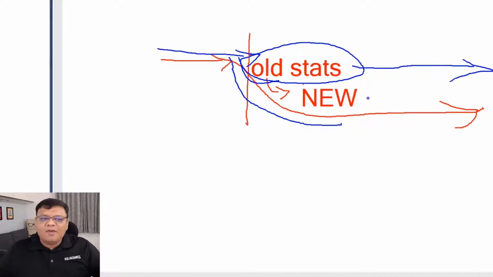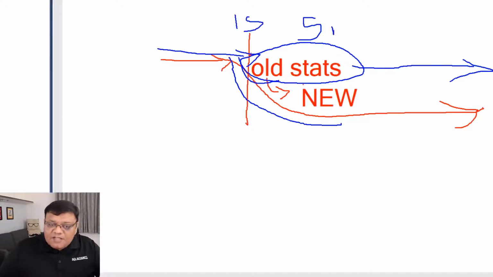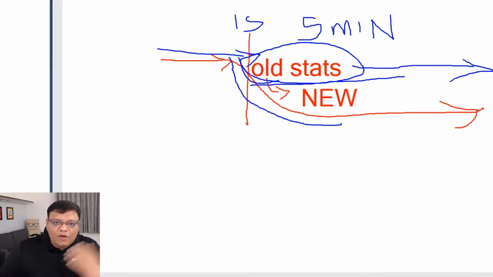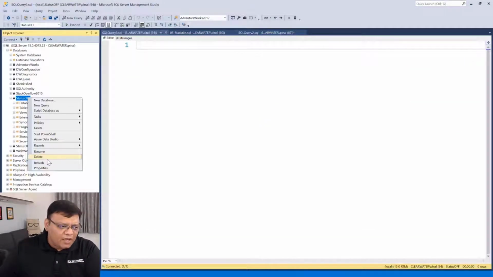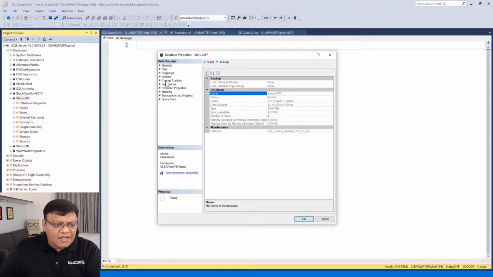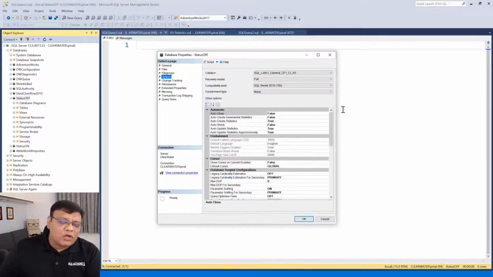So next time, your query, which used to sometimes wait 1 second, sometimes 5 minutes, I have even seen queries waiting for hours for statistics update when the data was huge and drives were slow, in the middle of the day. Now that won't happen. Your query will still go through with older statistics and your statistics will be updated behind the scene with a new one. So that is the power of that particular setting. If you have OLTP, I strongly suggest you consider turning this one on.